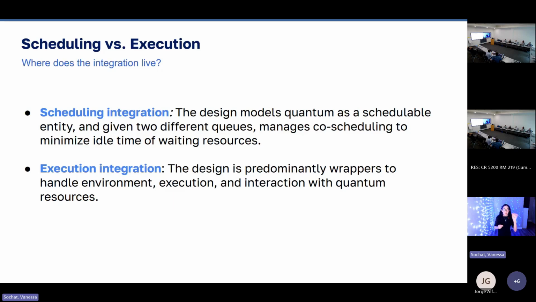It is going to account for it temporally, perhaps in a resource graph or somewhere. Execution integration is predominantly wrappers, helpers that handle environment, execution, and the interaction with specific quantum APIs. You can do one or the other, but for a production solution, we want both, because the scheduling is going to make sure that you don't waste resources, but the execution is going to make